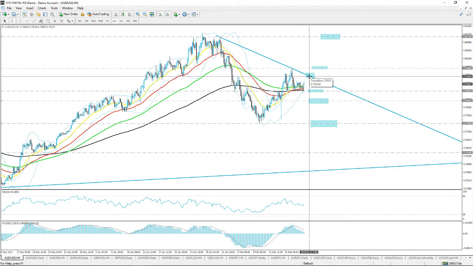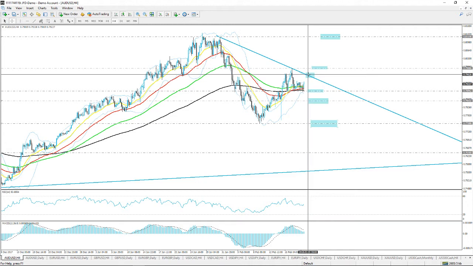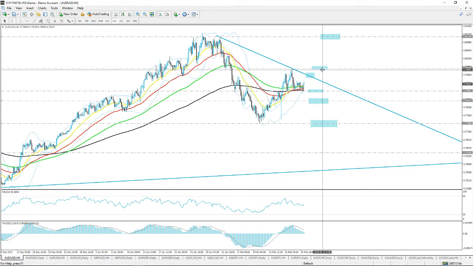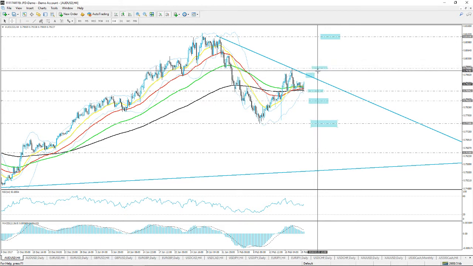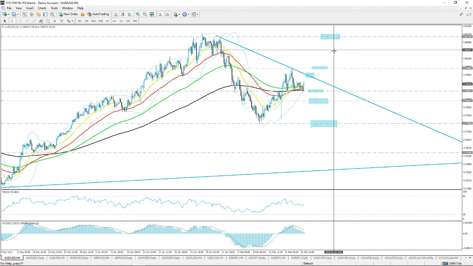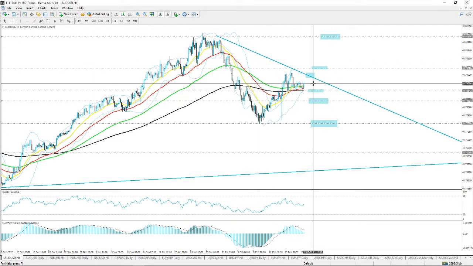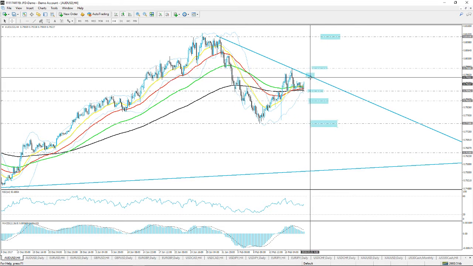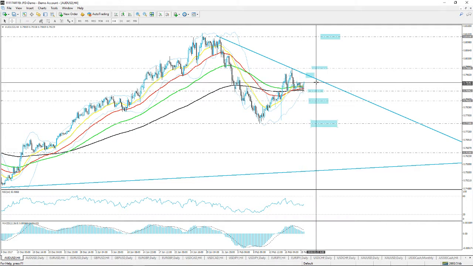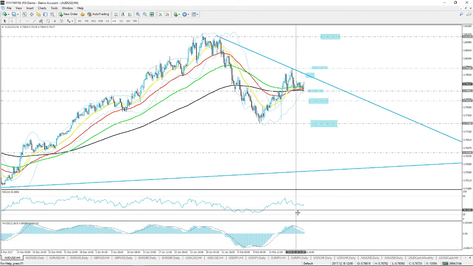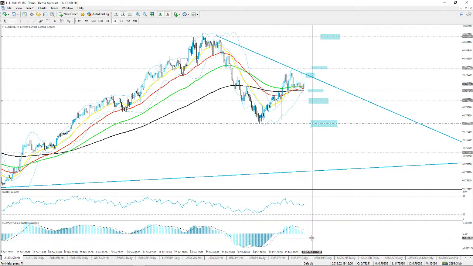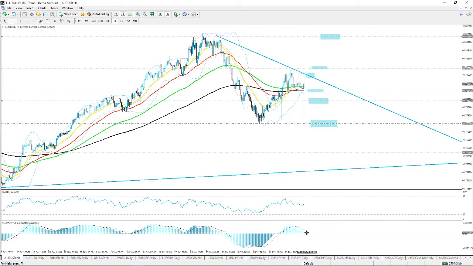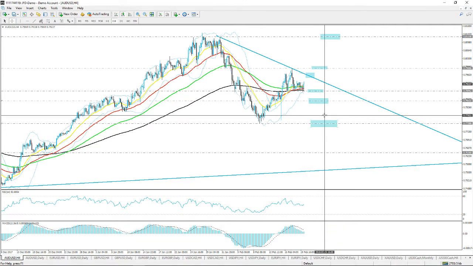Now, if we get a break above this trend line, then yes, of course, the levels to watch above are the 0.79900 area, and then if that doesn't hold, then we can go higher towards the 0.81 level. But for that we would need to get a good break here at this little short-term trend line. At the moment, it's not looking good, especially with the fact that we can see that the MACD is also moving towards the zero mark, which is quite a bearish sentiment, to be honest.